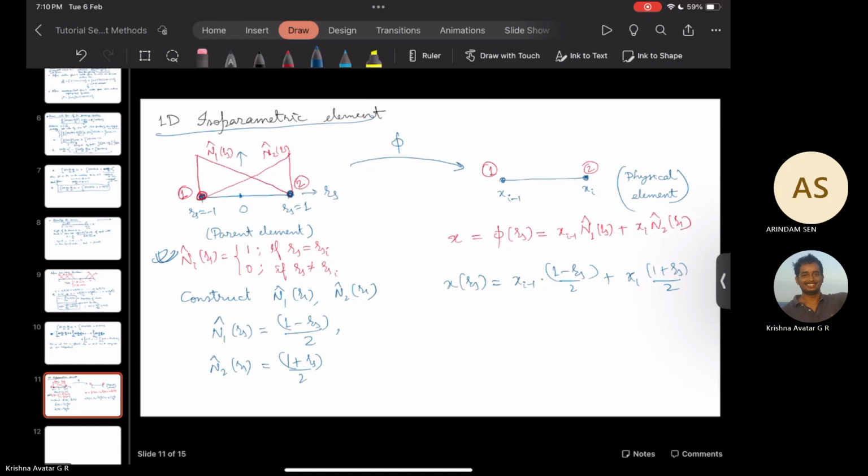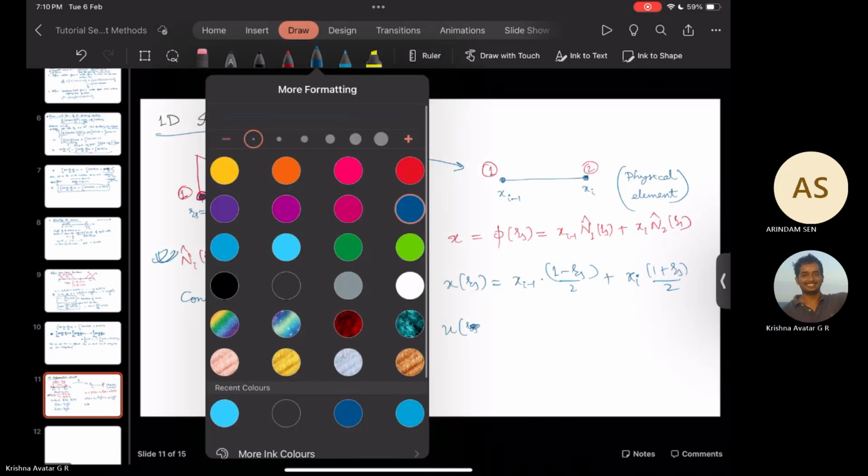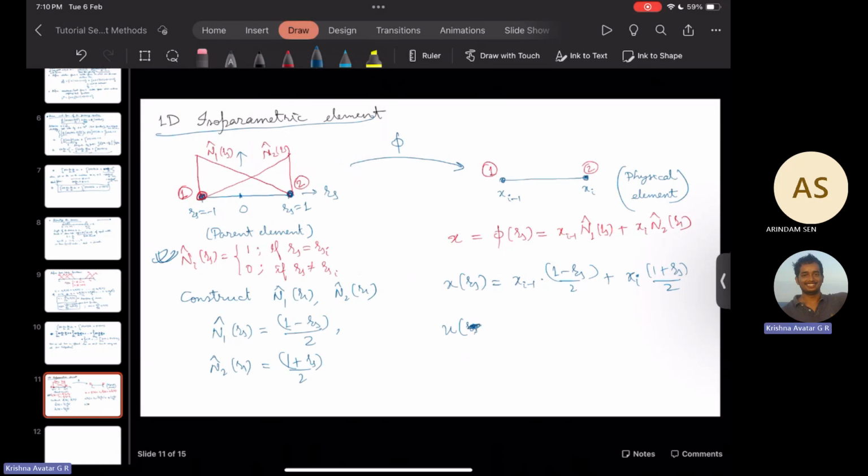Fine. And we will use the same basis functions to even construct u. Since u happens to be a function of x, which is again a function of z, let me write u of x of z is equal to ui minus 1 into 1 minus xi by 2 plus ui